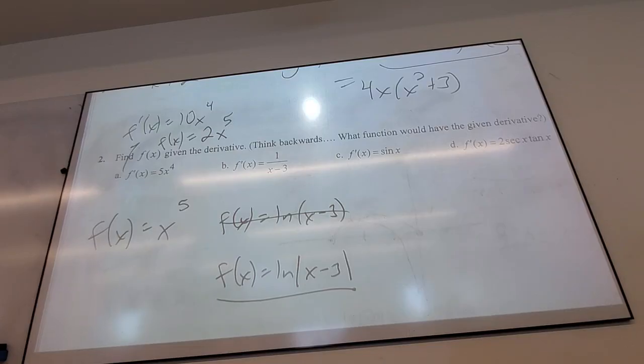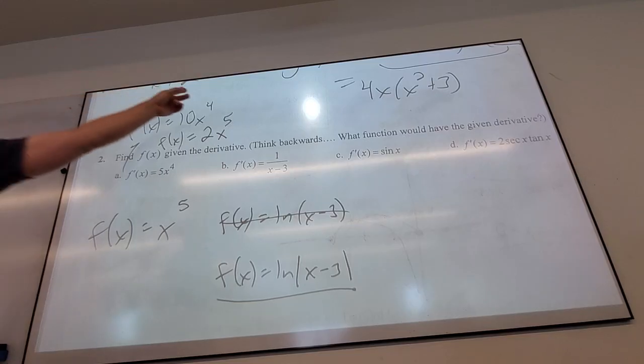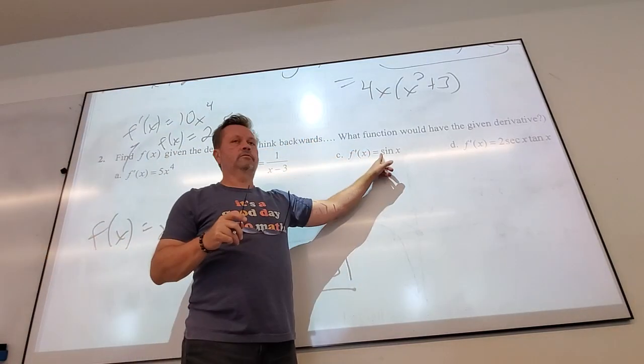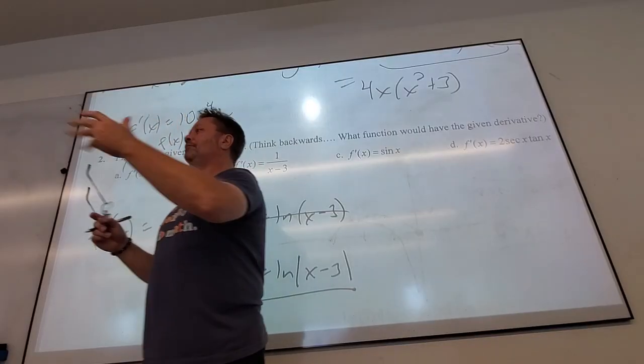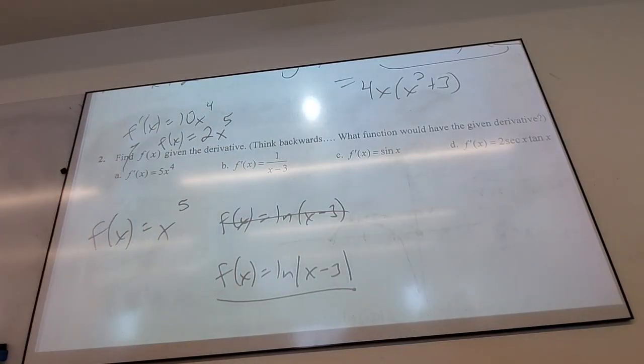Part C. 1 minus cosine. We know the answer has to be related to cosine, right? Because what's the derivative of cosine? Negative sine. And the real answer is right there. Do I have a negative? Yes. No. Do I have a negative? Oh no. It must have died somewhere, or it must have canceled somewhere, whatever gets it through. I like to kill a lot of things when I do this. I'm the mathematical Dexter. Gotta get it out somewhere.